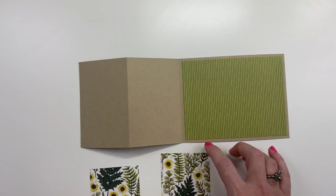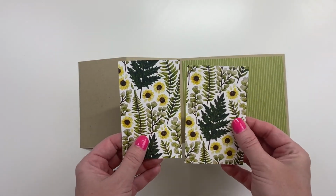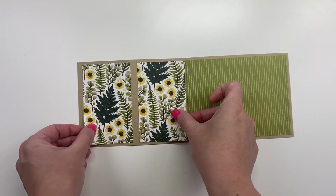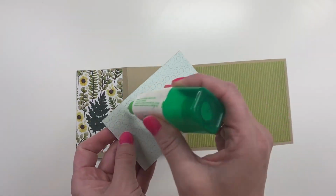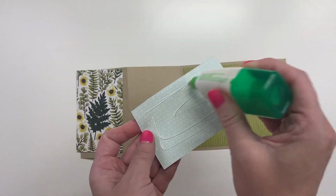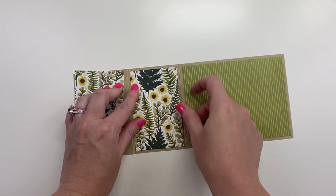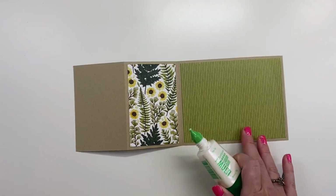And then we've got 2, I thought that was upside down, but it's not, 2 designer series paper layers. And so we're just going to put those right on those 2 panels. So we're just going to add some liquid glue to that. And the bones of this card are so easy, and you could really use this design for so many different